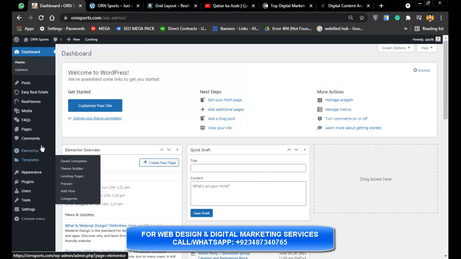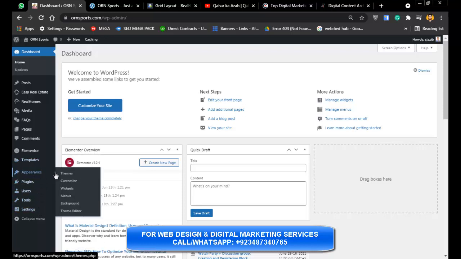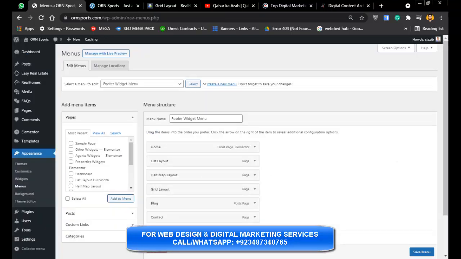So we'll go to appearance, and we'll go to menus. You have to select the header menu from here and click on the select button, and it will select the menu, and you have all the list here.